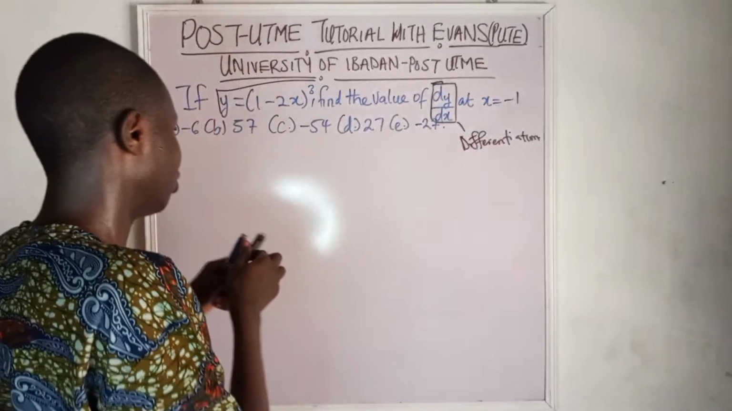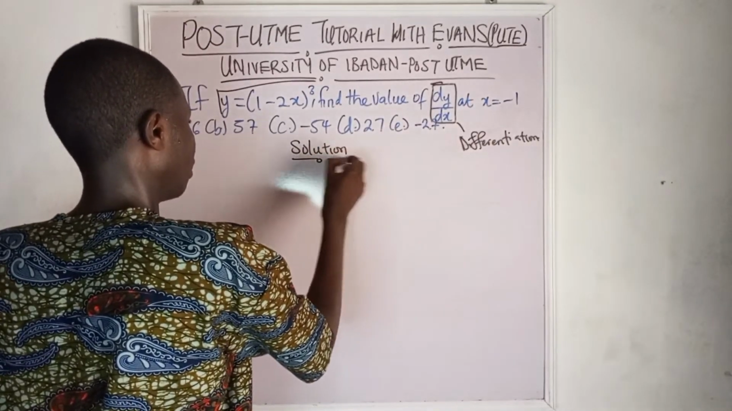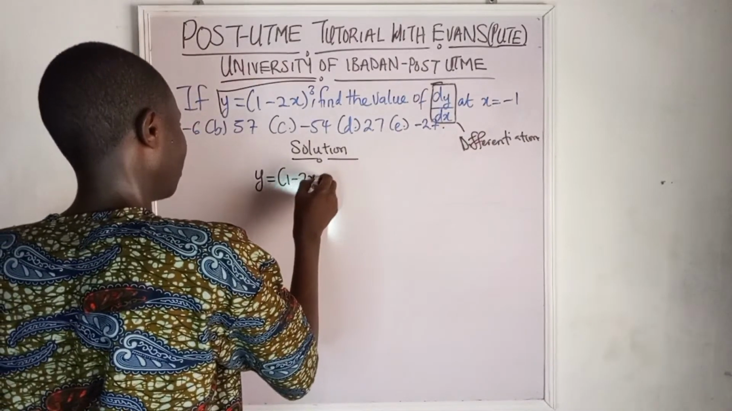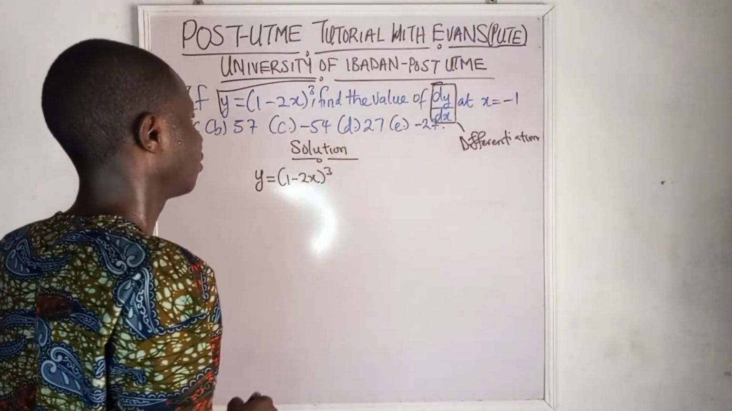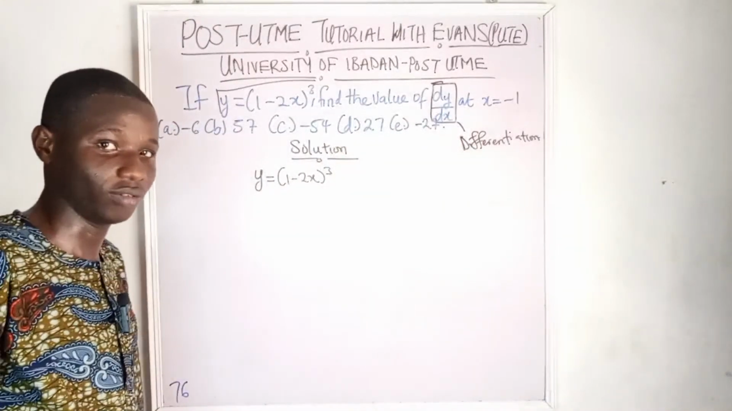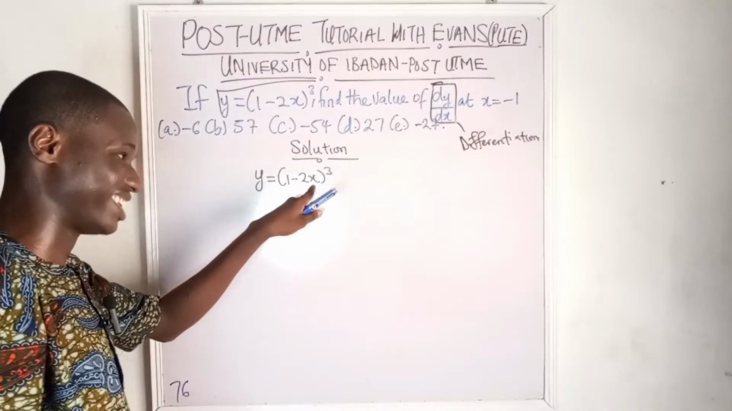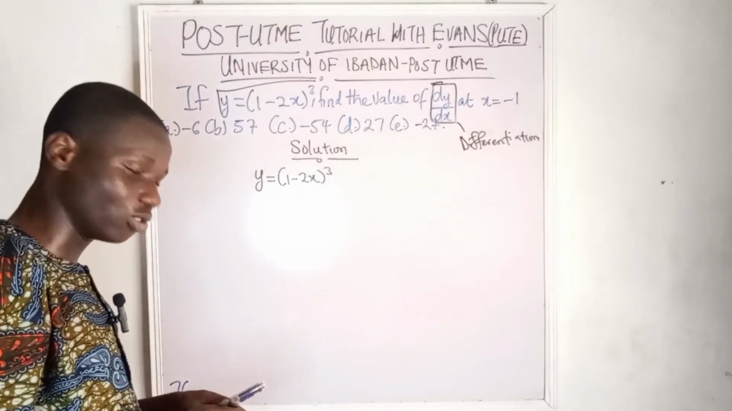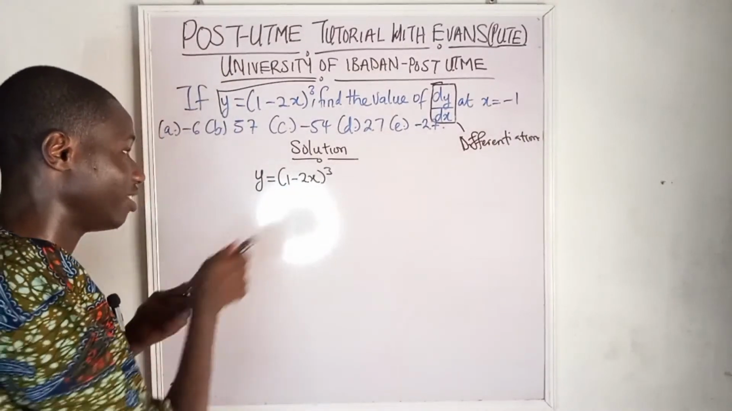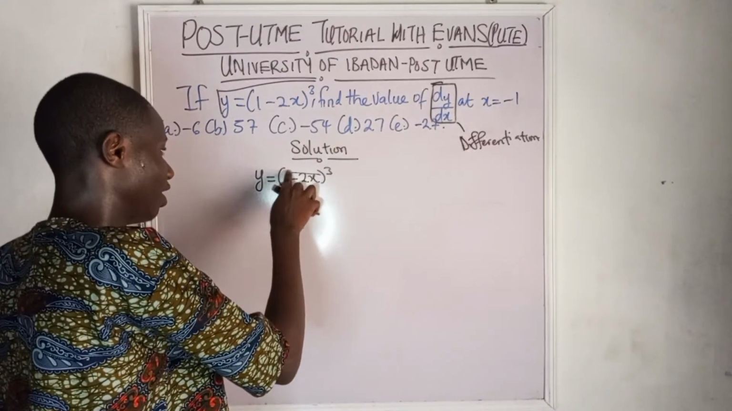Now the first thing we want to do is write the solution. The question says y = (1 - 2x) raised to power 3, right? They now said find the value of dy/dx at x = -1. Now we have 1 - 2x inside the bracket, right? According to the rule of differentiation, whenever you want to do questions like this, the function inside this bracket,